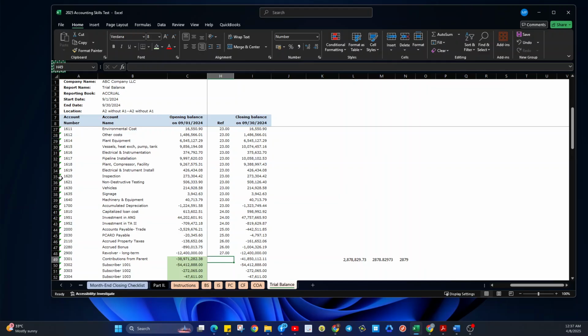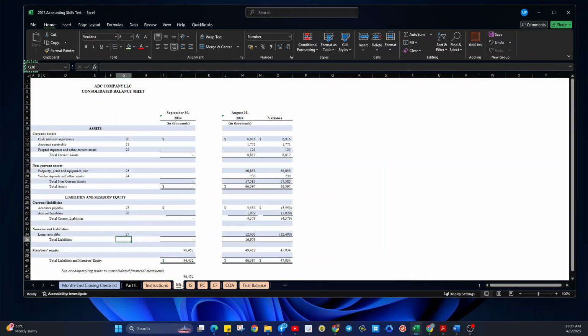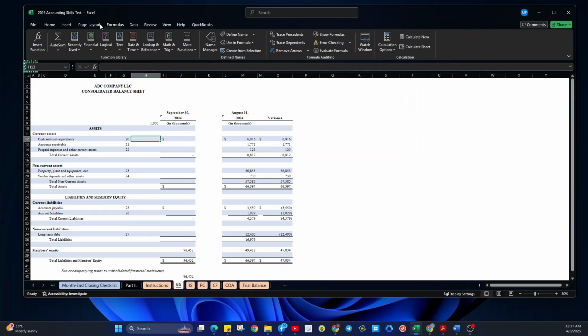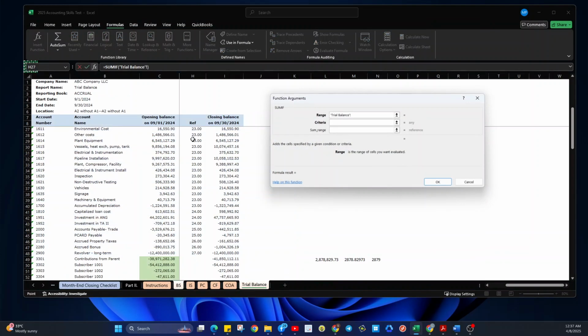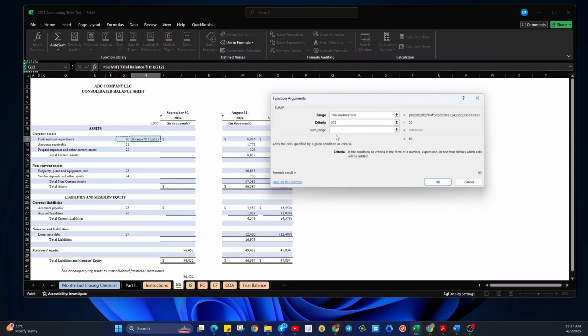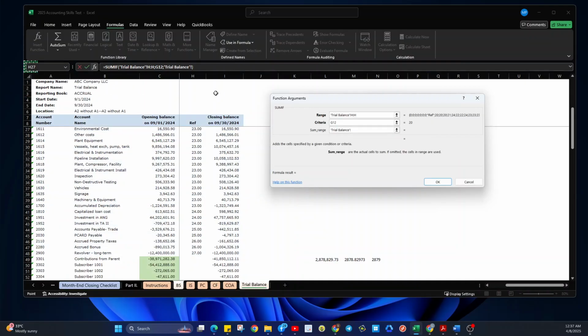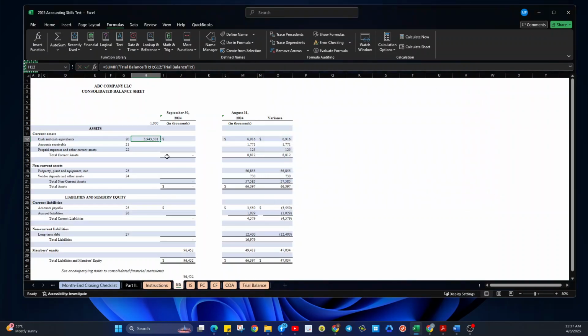Similar with what we did with income statement, we will do some if function. Formula sum if, let's go to trial balance here, criteria here, sum range there, and then divide this by 1000.